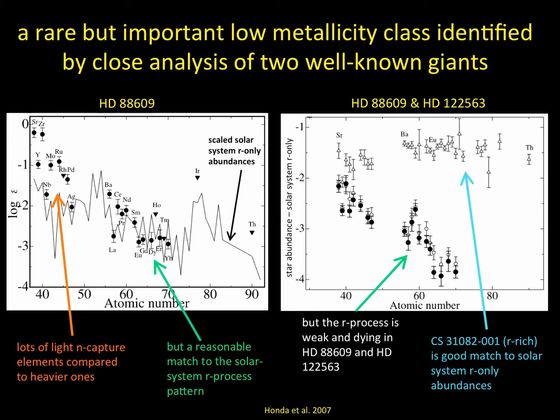That is, the healthy amount of europium, the europium to barium ratio, europium, barium, lanthanum, is sort of fit by an r-process distribution. But there's this dramatic drop-off between the lighter neutron capture elements like strontium and the heavier ones like barium and europium. It's just like things are falling off a roof. It probably means